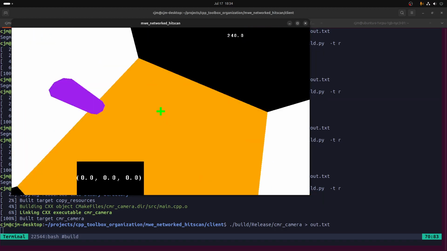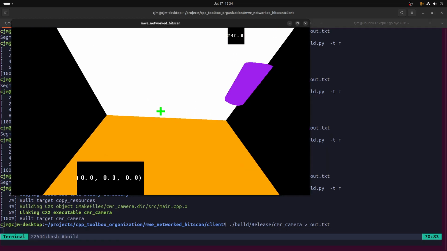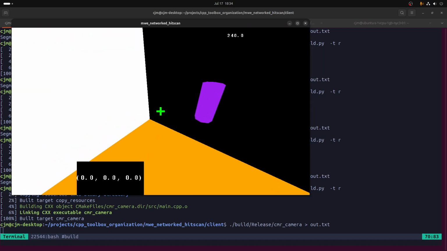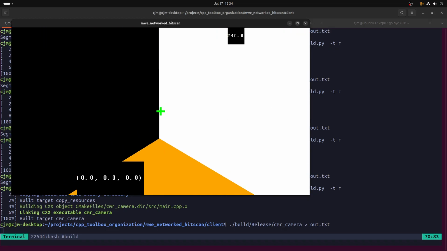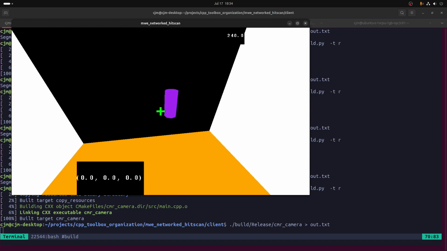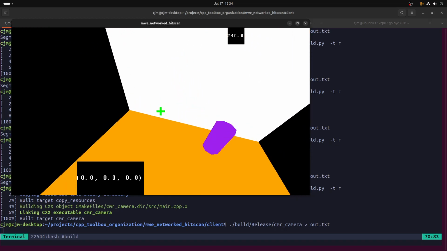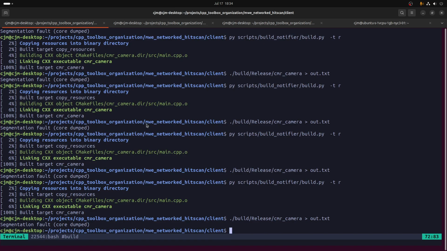So I haven't heard a single discrepancy yet. Five more shots. 1, 2, 3, 4, 5. Okay, so literally no discrepancies in terms of the audio sound, meaning that when you don't use subtick,